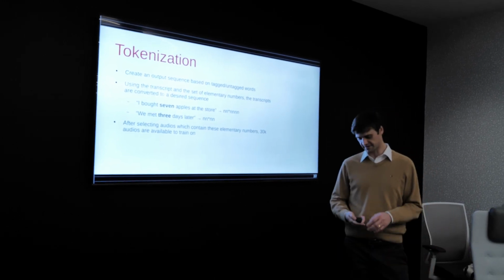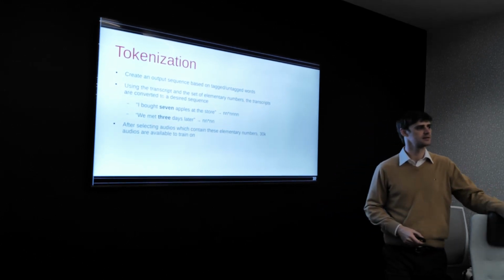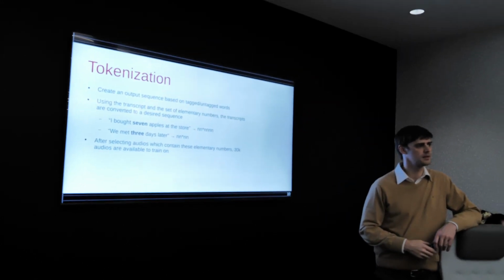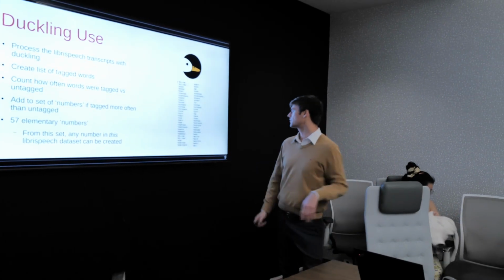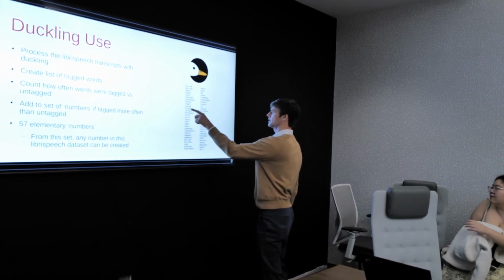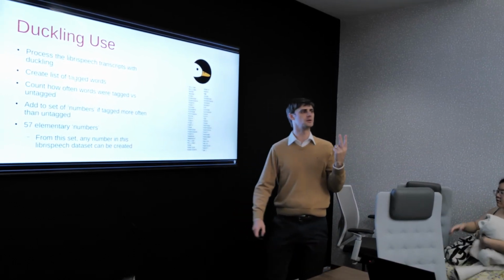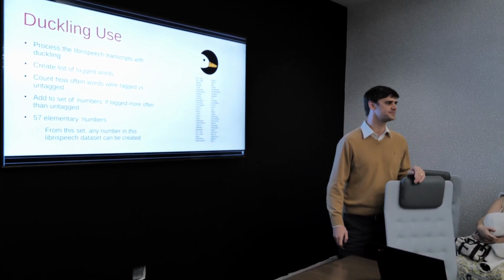So after selecting just audios from the LibriSpeech dataset, yeah. If there's something like 74, is that 2 stars or 1? So 74 would be, you'll see 70, and then there should be 4. So there would be 2 stars in this case. So I'm treating them as individual words.